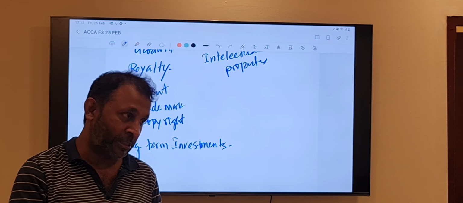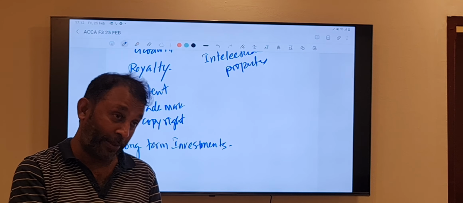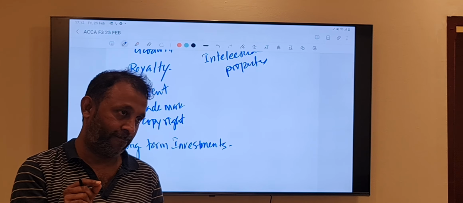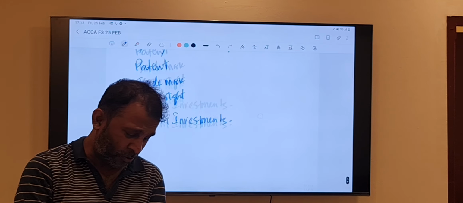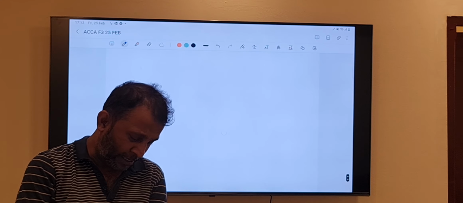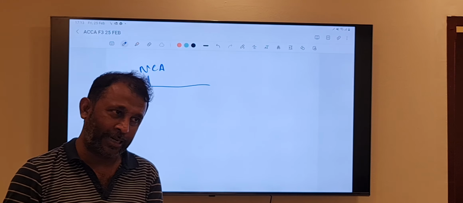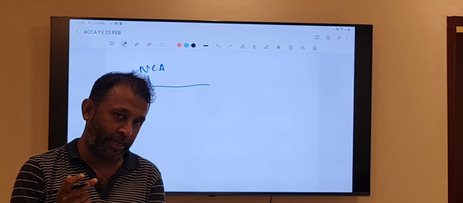Inshallah, as we progress in our discussion, later when we study accounting standards, there is a separate standard for this. We will discuss that at that point. For the time being, just understand it like this. So, if I try to categorize your non-current assets, how many categories can I make? 2. Tangible and intangible.